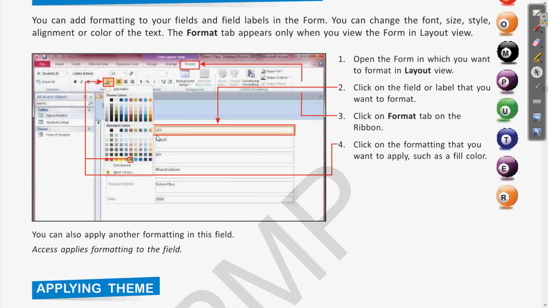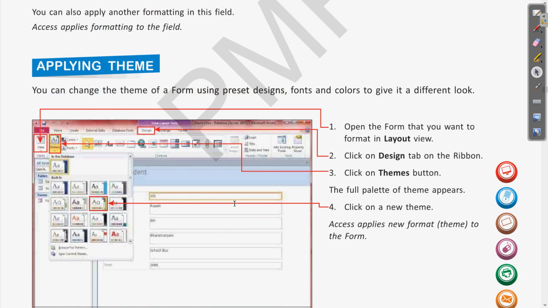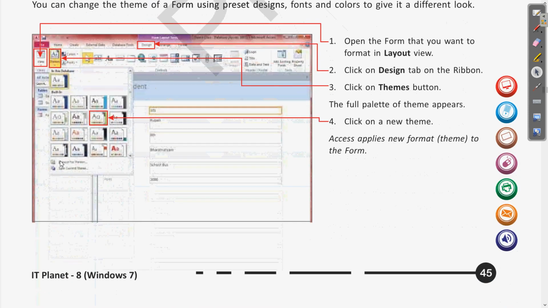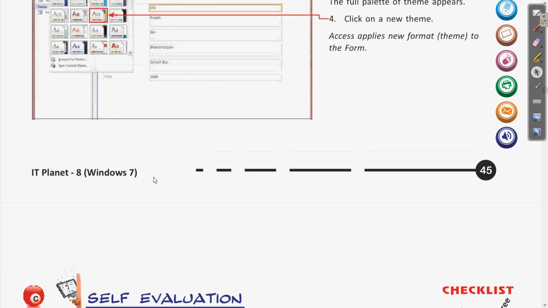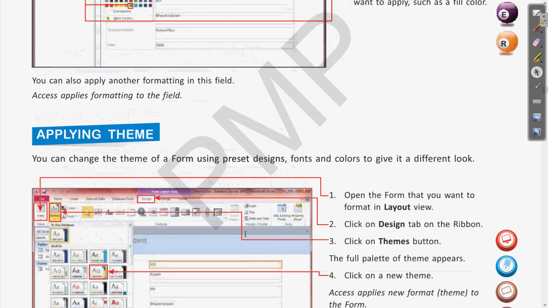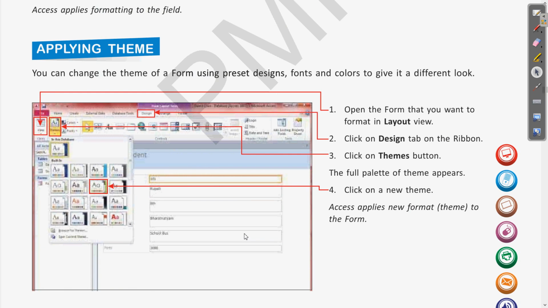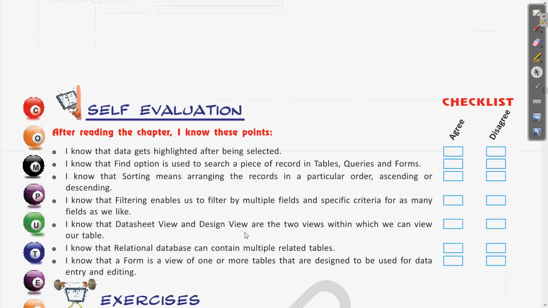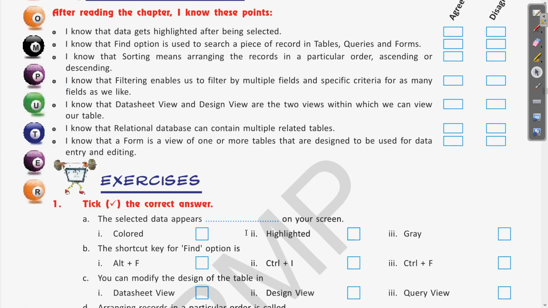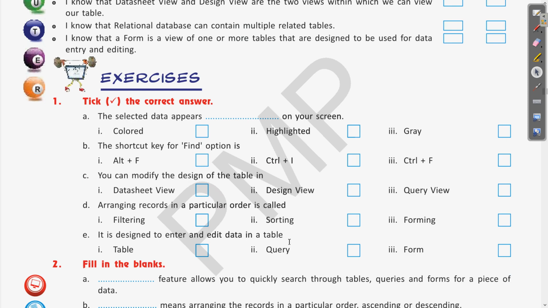So this was about formatting different values. Then we have seen how to apply a theme. For applying a theme we have a Design tab, and in the Design tab we have a Theme button, from where we can apply different themes. Clear? So this was all covered in the previous classes, and then we started the exercise questions also. So let us come to the exercise and see the questions.